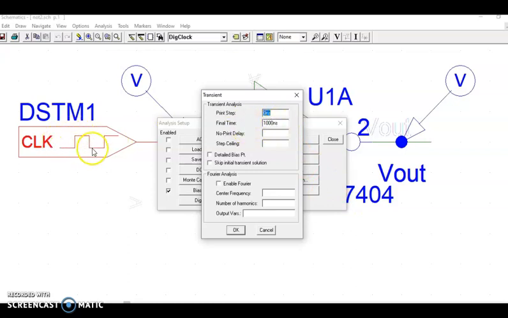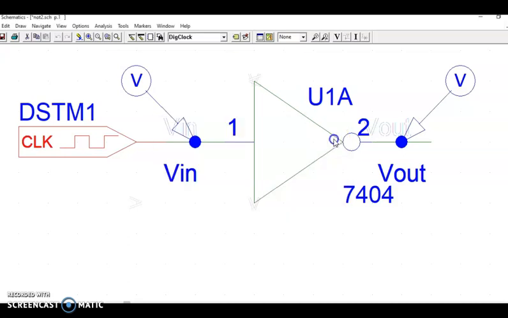The input what we are providing is in terms of milliseconds. In order to get one pulse, we have given 2 milliseconds each side, both positive and negative sides. So we'll be having 4 milliseconds for one pulse. If I want to visualize only one pulse across the output, then you provide here 4 milliseconds. Suppose I want to visualize 2 pulses across the output, then you give it 8 milliseconds. It all depends on what is your input, how many waveforms you want to visualize across the output. Based on that, you provide this time. Then click on OK. Then close this.